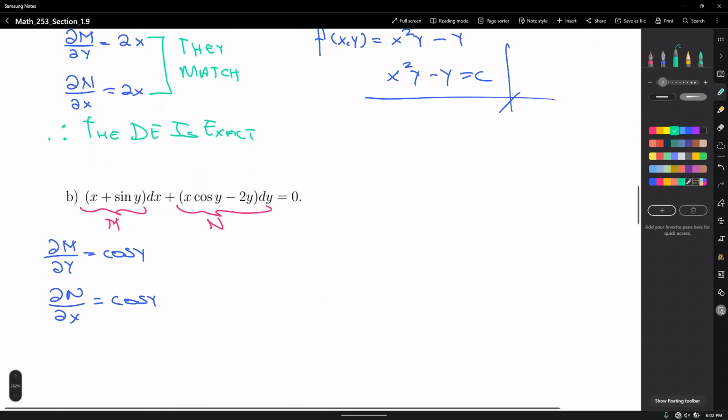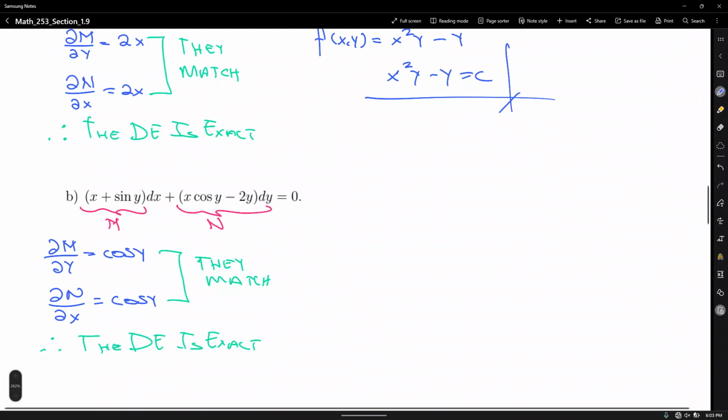What do you think? Exact or not exact? It's an exact equation, right? Yeah, exact. So they match. So it's a match here. Therefore, the DE is exact. So we're ready to evaluate a couple of partial integrals. Okay, let's use the right side of the paper here, the right side of the document. So that's the integral of M with respect to x, which is the integral of x plus sine y